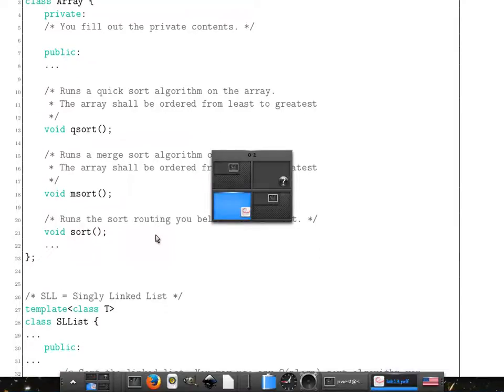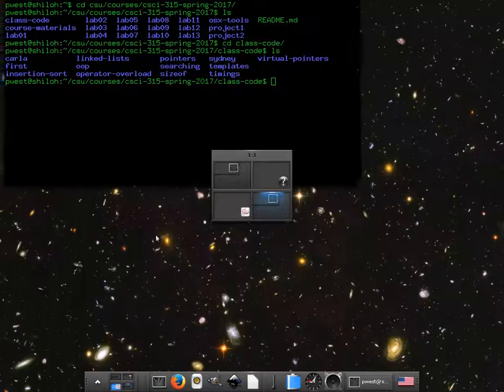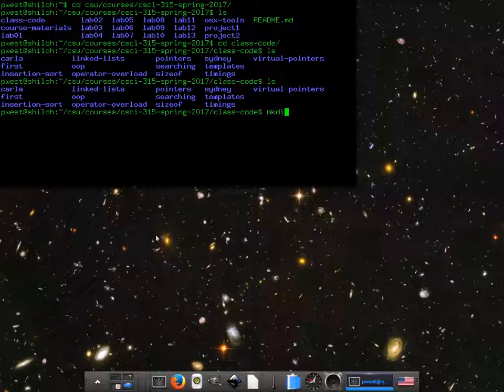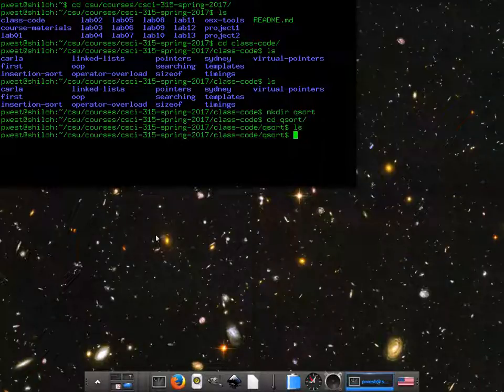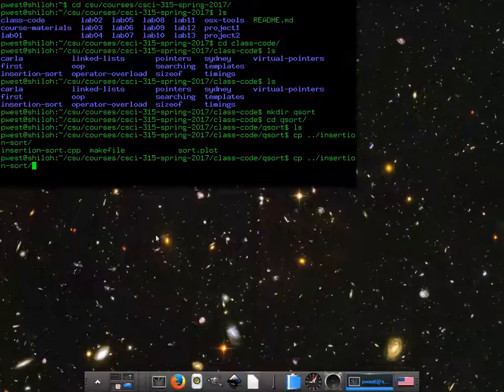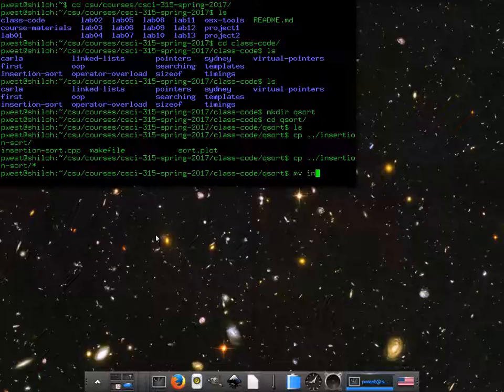Okay, the class has decided quicksort. So on the class code, qsort. All right, what do we got here? We should copy something over from beforehand so I don't have to, oh, let's take insertion sort. We'll take insertion sort here. Actually, let's just take everything from that lab and dump it right here, and then we'll move insertion sort over